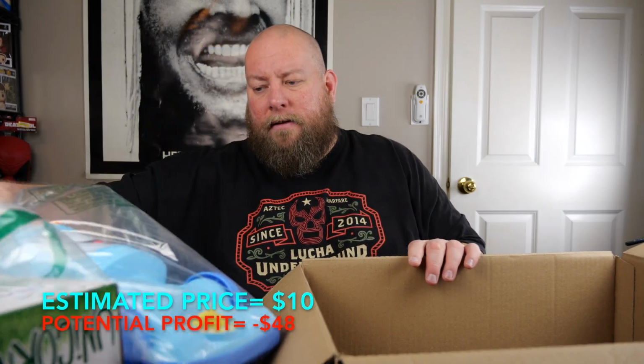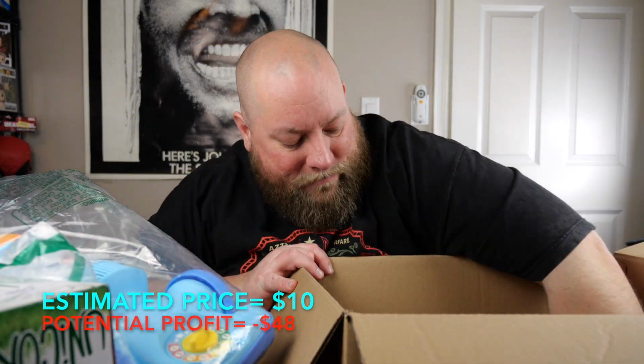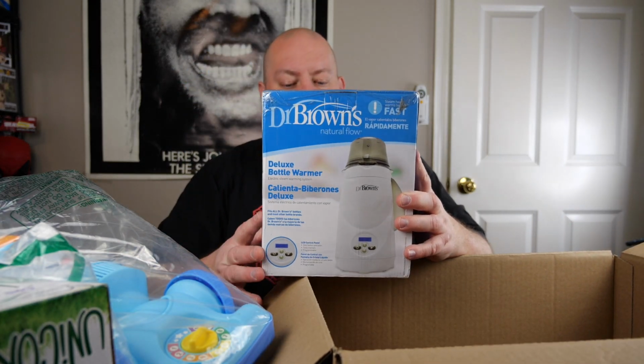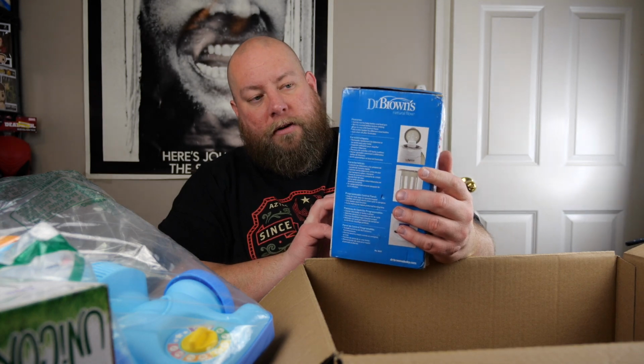Probably about 10 bucks on that. It's a little bit of a nicer toy. Last thing, box one. We have a Dr. Brown's Deluxe Bottle Warmer. If this works, if it's not nasty, mainly if it works, I'd probably charge about 20